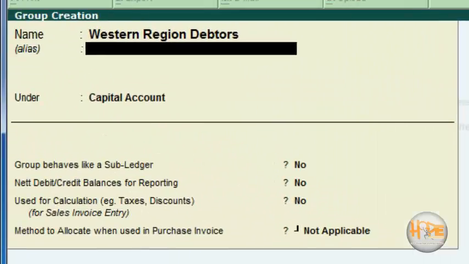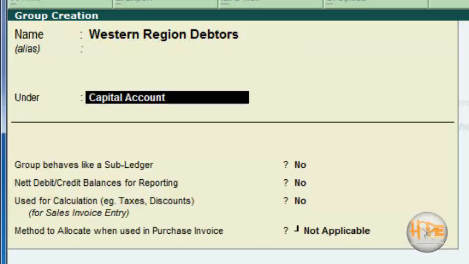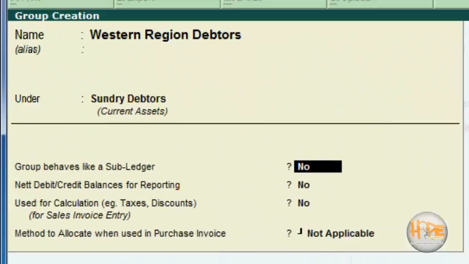Now you can give an alias to this group. I am leaving it blank. Now you have to select under which category you want to specify your group. So I want to specify my group under Debtors, and